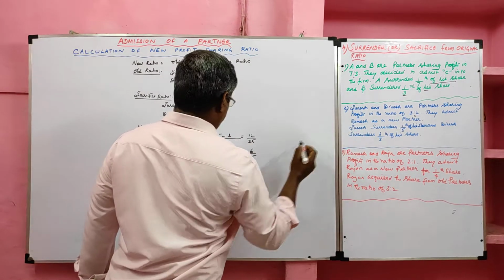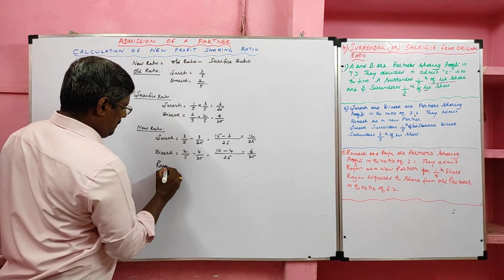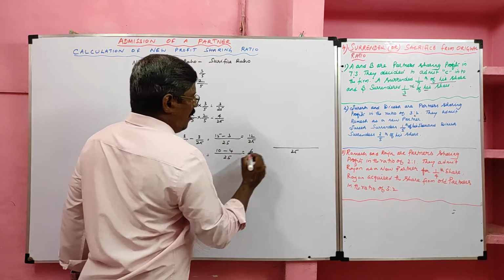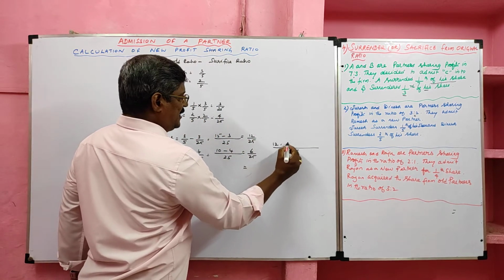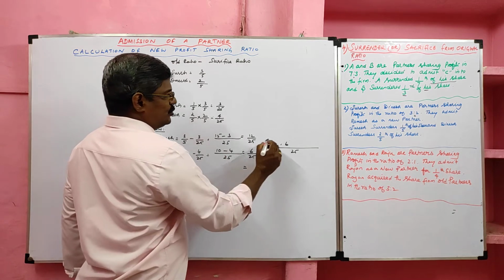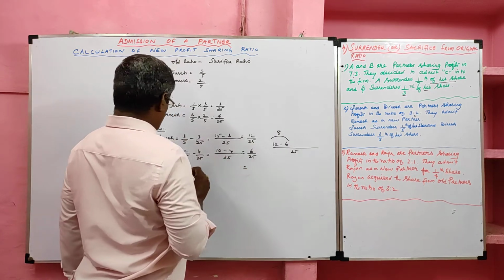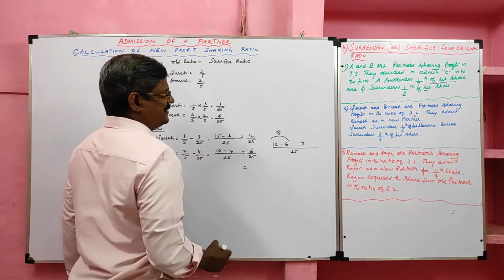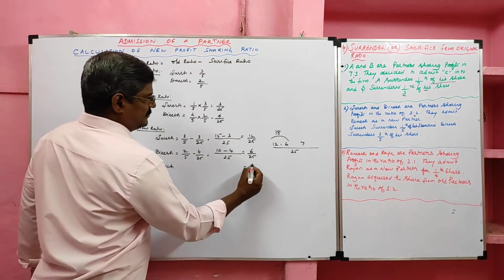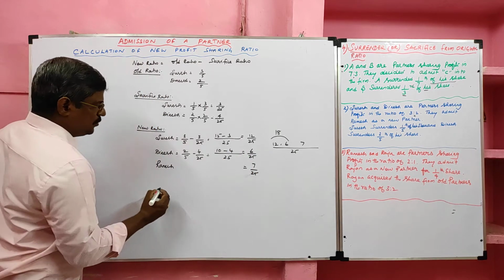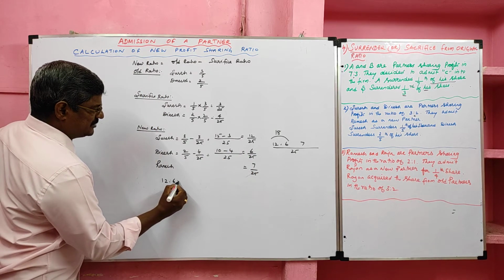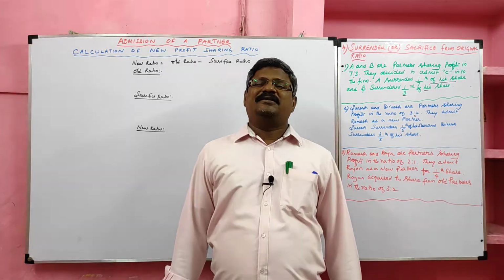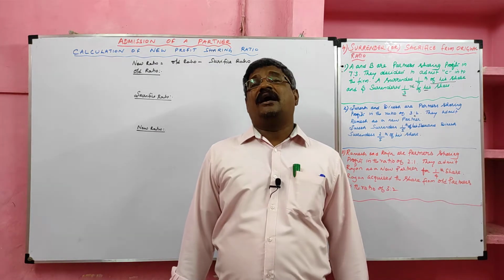Then who is the new partner? New partner is Ramesh. Ramesh's new share: total available share 25, of which 12 given to Suresh, 6 given to Dinesh. So total shares given to Suresh and Dinesh are 18. So balance 7 shares given to Ramesh, 7 by 25. So the new ratio is 12:6:7. Then students, let me see the third problem now, which is related to the unequal sacrifice.